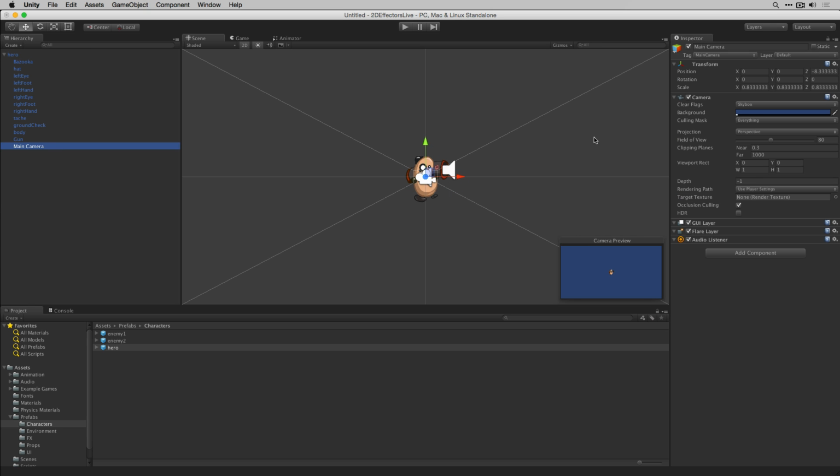And on the main camera, I'm just going to turn off the audio listener. He just has some little sounds that he makes, which I think are a little distracting during the demo. So I'm just going to turn off the audio listener. That's turning off all audio in the scene. You guys don't have to do that if you don't want to, but it's a little easier for me to present. Okay, so the first thing that we need is a platform for him to stand on